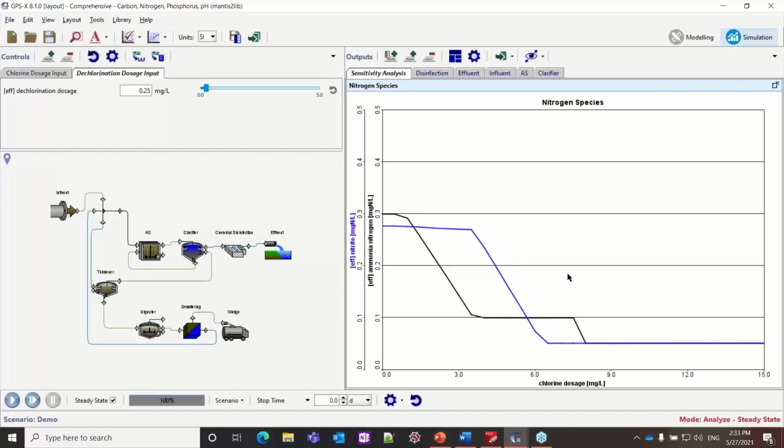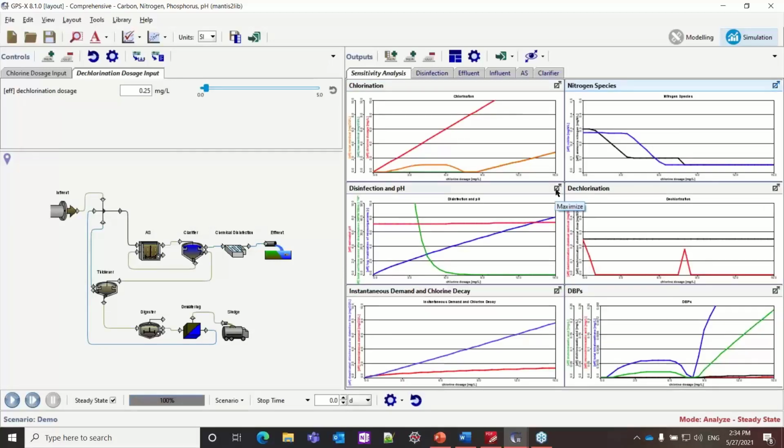And then when we get to the point where the ammonia concentration gets to its low point, then the nitrite can react uninhibited with the chlorine and be reduced very quickly. The reason we have this kind of discontinuity looking thing here is just because the dechlorination chemical is actually producing ammonia from the chloramine, and that's why this is high here. That's because there's a chloramine residual at this point, but then once the chloramine residual is gone, you do not see this anymore. As you can see over here, it goes down to its minimum limit.